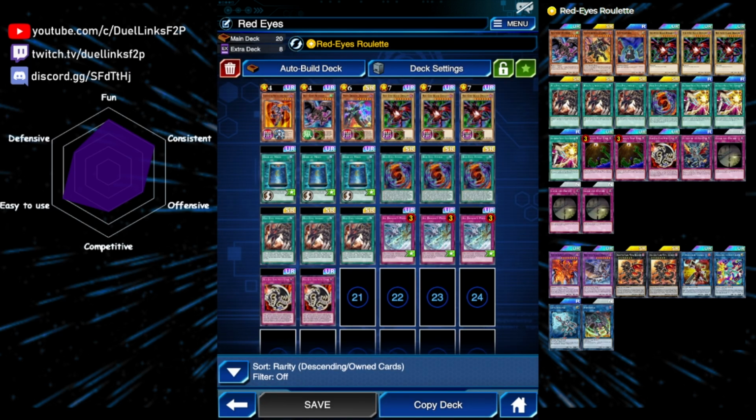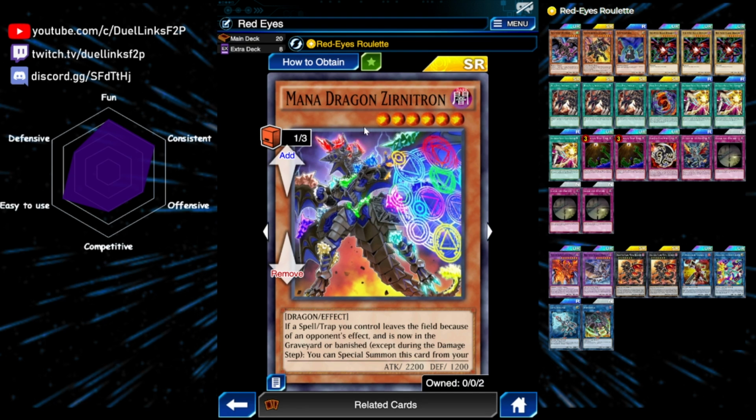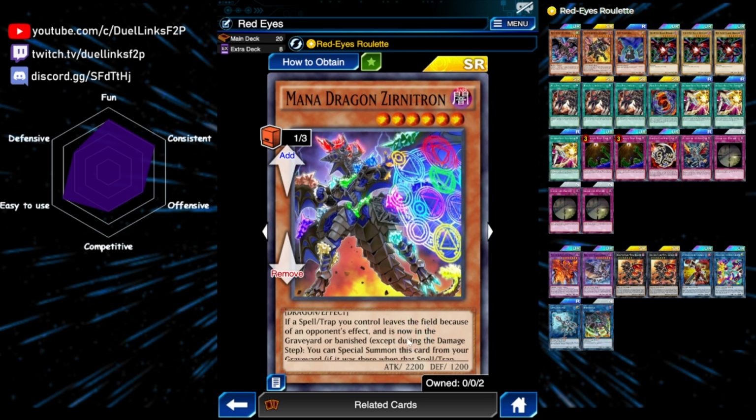This is the expensive version of the deck. We are not playing a copy of Archfiend of the Lightning because we will be using our skill to add it to our deck. And instead we are playing a level 6 Dragon monster in Mana Dragon. I won't attempt to pronounce the latter part of the name, but this card allows you to,